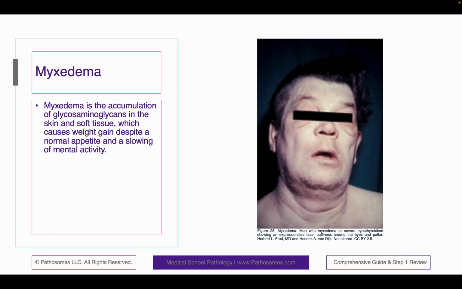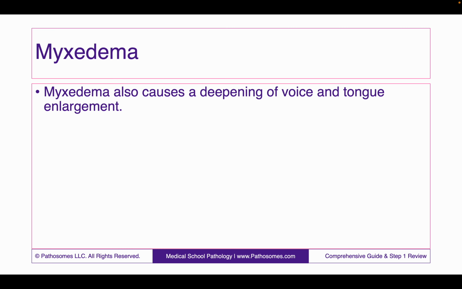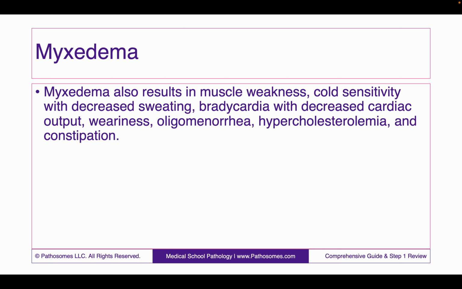Myxedema is the accumulation of glycosaminoglycans in the skin and soft tissue, which causes weight gain despite a normal appetite and a slowing of mental activity. Myxedema also causes a deepening of voice and tongue enlargement. Myxedema also results in muscle weakness, cold insensitivity with decreased sweating, bradycardia with decreased cardiac output, a feeling of weariness,